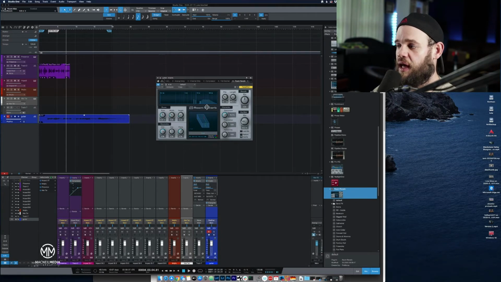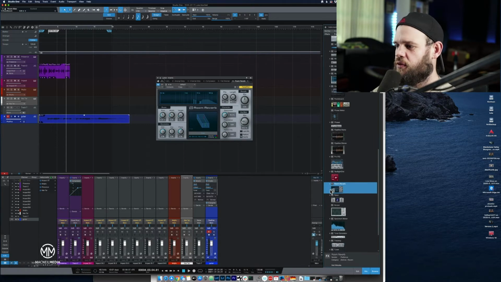So if you don't understand how this works and what this means, check out our reverb and delay workshop that was last week. That's on the YouTube channel, and it's on the Facebook channel. And we go over these and how reverb works and why you would use it and all that jazz. So this is one of the reverbs that comes with Studio One, and then Studio One also comes with a